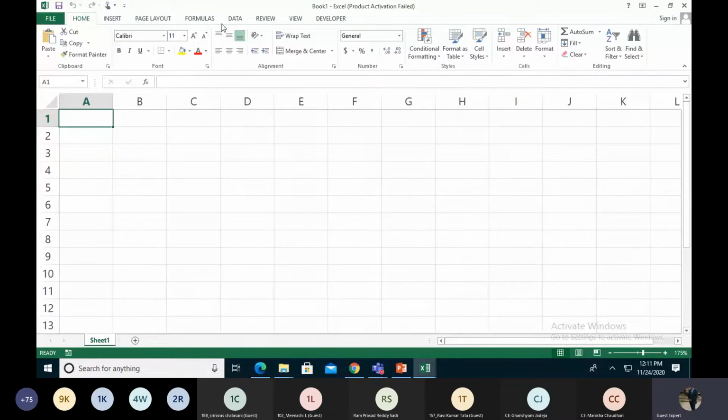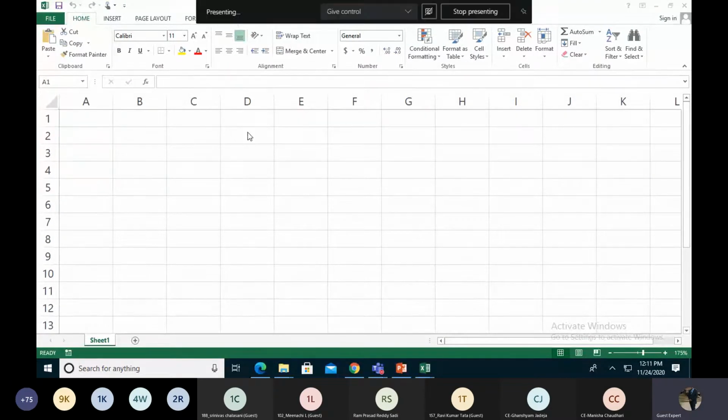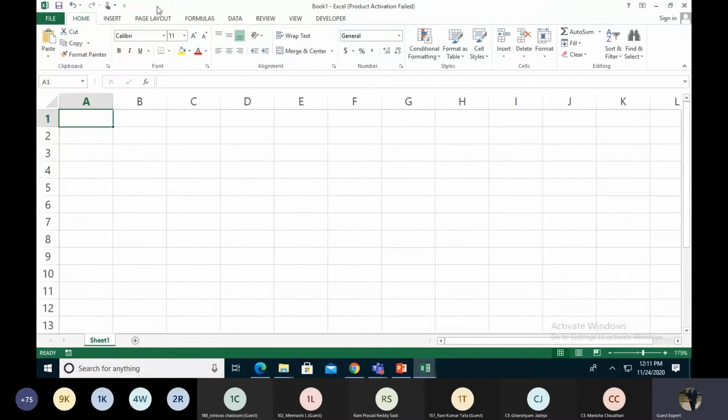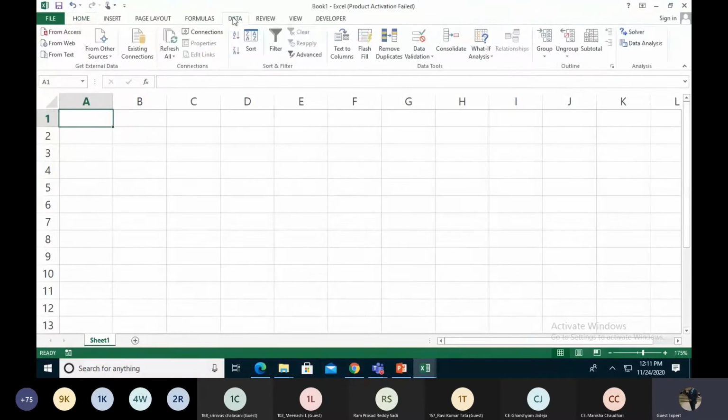So basically, we show what-if analysis in a data table, like the scenario manager, Goal Seek, and data table. In the previous session, we saw these two things: the use of Goal Seek and the use of data table.